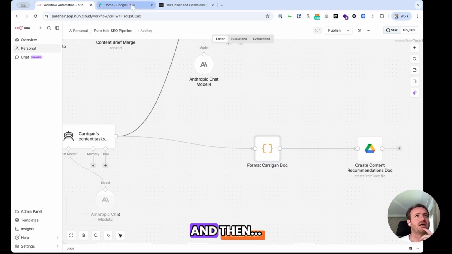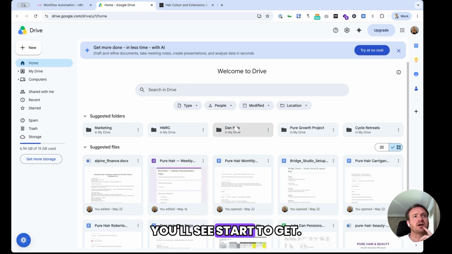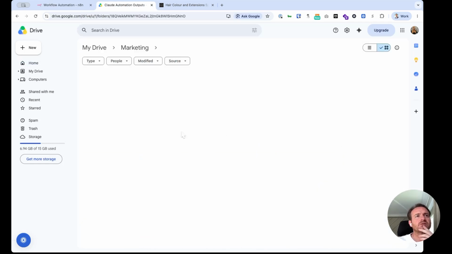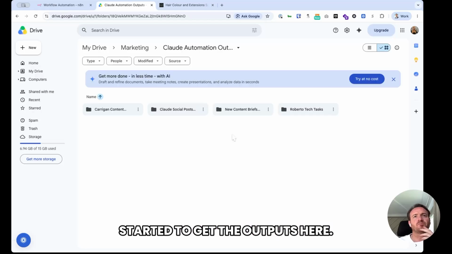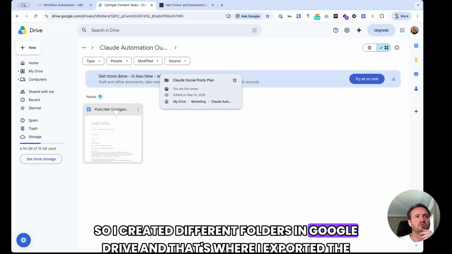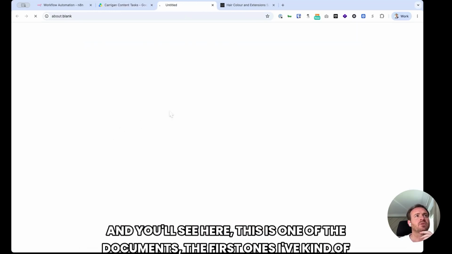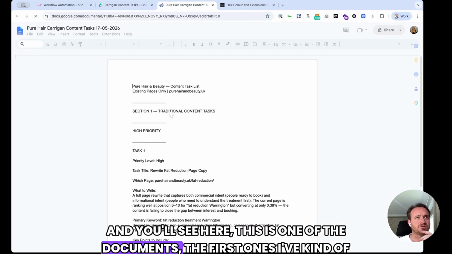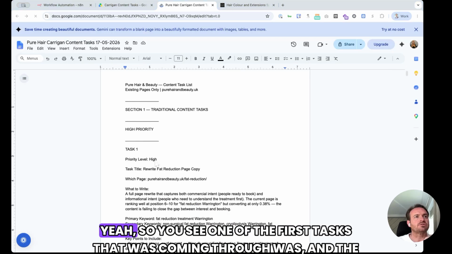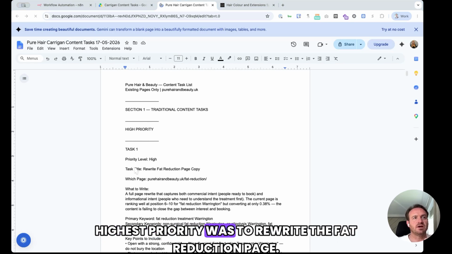And that worked well. And then you'll see, it started to get the outputs here. So it created different folders in Google Drive, and that's where I exported the document. And you'll see here, these are other documents, the first ones I've produced. Yeah, so you see one of the first tasks that was coming through, and the highest priority, was to rewrite